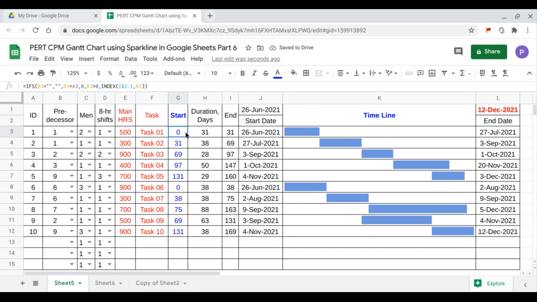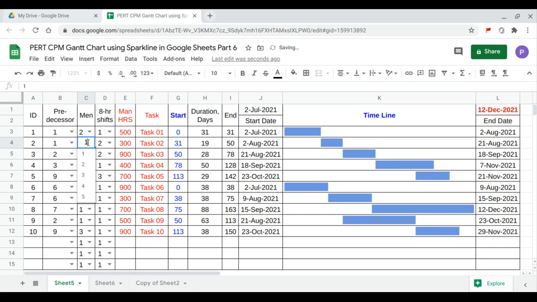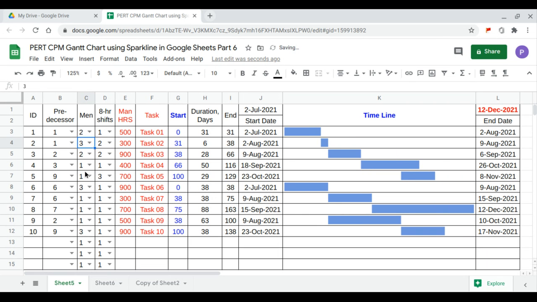So refresh. Let's say I want 2 shifts for task 2. And I want 3 men for task 2. And I also want